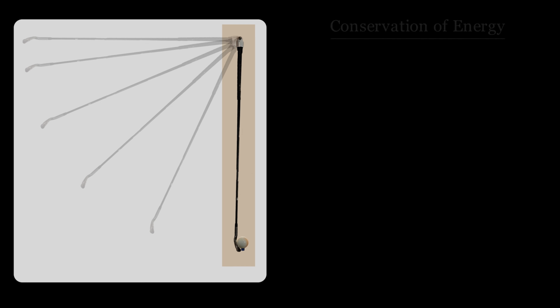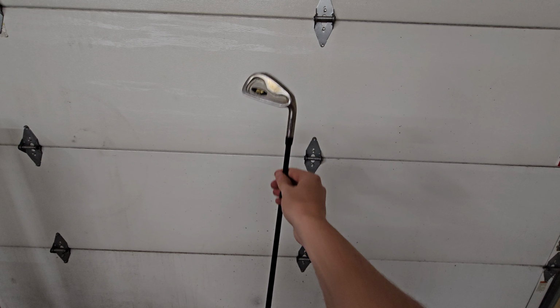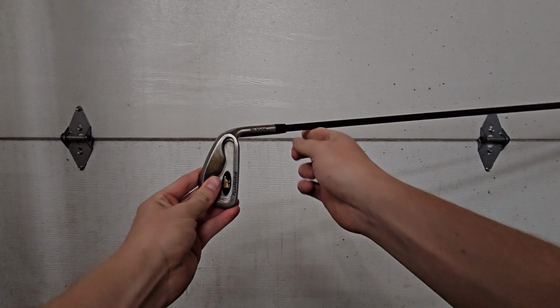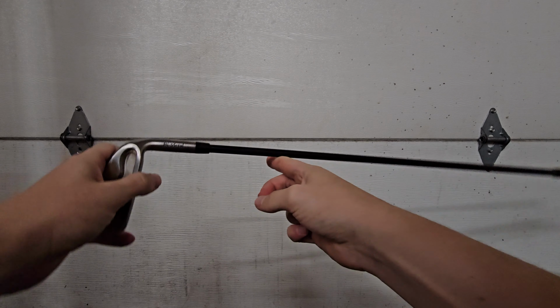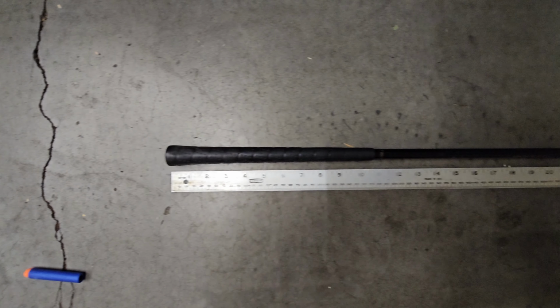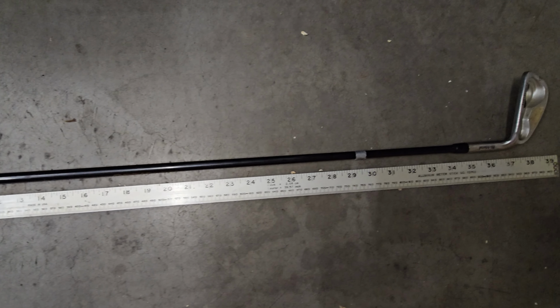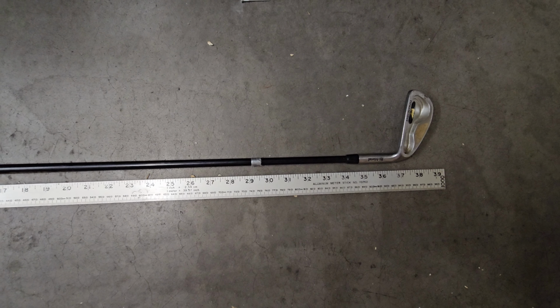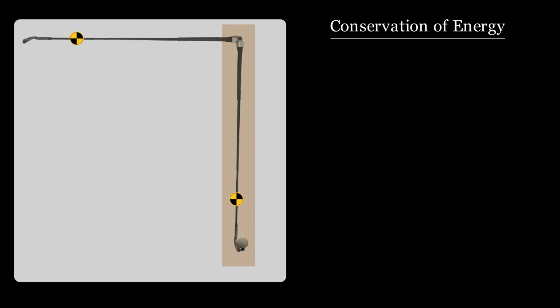To estimate the velocity of the club at the bottommost point, the conservation of energy was used, but since the mass of the club is distributed unevenly, the center of gravity was first determined by finding the point on the shaft where it can balance on my finger. I marked this point with tape and found that it's roughly 0.76 meters from the point of rotation, including the PVC coupler. Finding this point lets us treat this complex pendulum like a simple pendulum where all the mass is